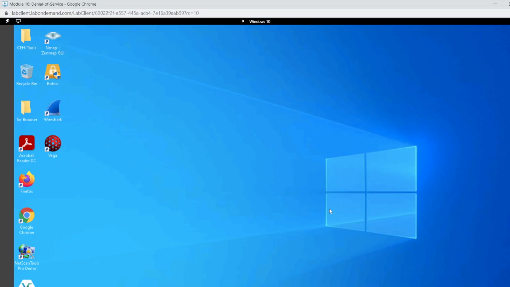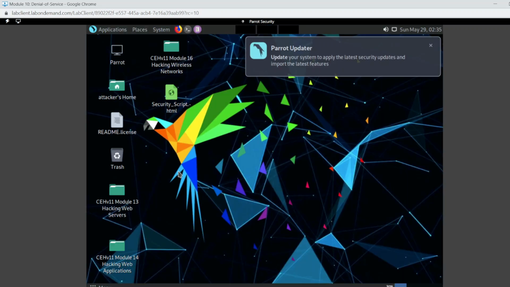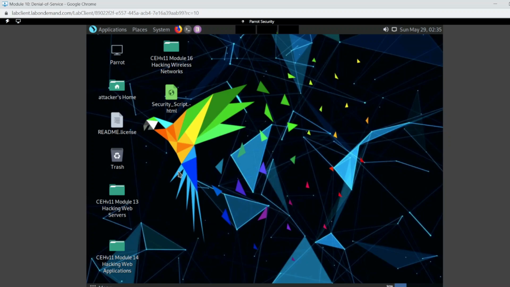So one of the first things we're going to do is navigate to my Parrot OS. Now I must warn you, Parrot runs a little slow in this environment. So if you see me creeping with the mouse, it's just because I don't want it to do anything crazy. So after we load my Parrot,